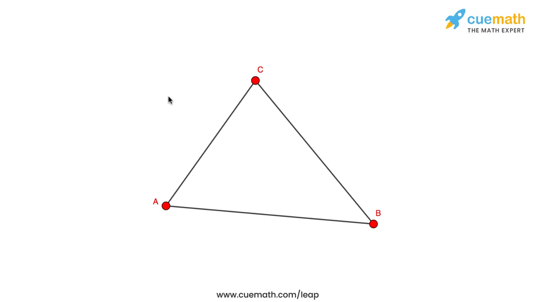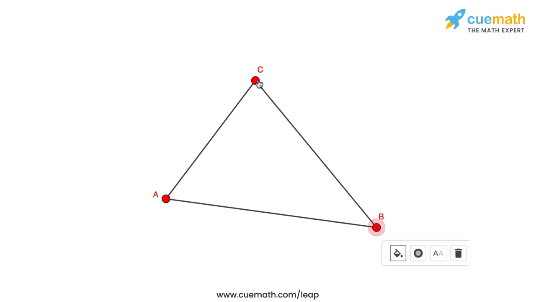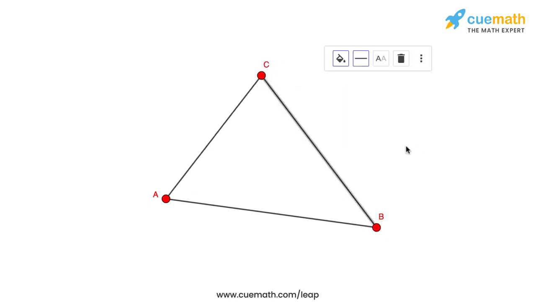So here's a simulation that I've created using GeoGebra, and I've taken this triangle ABC, and this triangle is actually variable. I can move around the vertices of the triangle and observe it for different configurations. Now our task is to find a point inside the triangle that is equidistant from all the three sides of the triangle. The three sides being AB, BC and CA. So we have to find a point that is equidistant from the three sides.